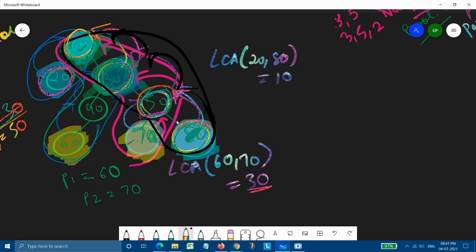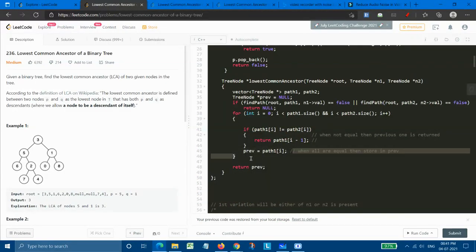So that's why we won't be encountering any case when we need to go into that if condition. So that's why in this case we will be storing all of the ancestors in the previous variable basically. And when either of the paths is finished, then our loop will be stopped and we will return our previous value. So this is what will be happening in this solution.